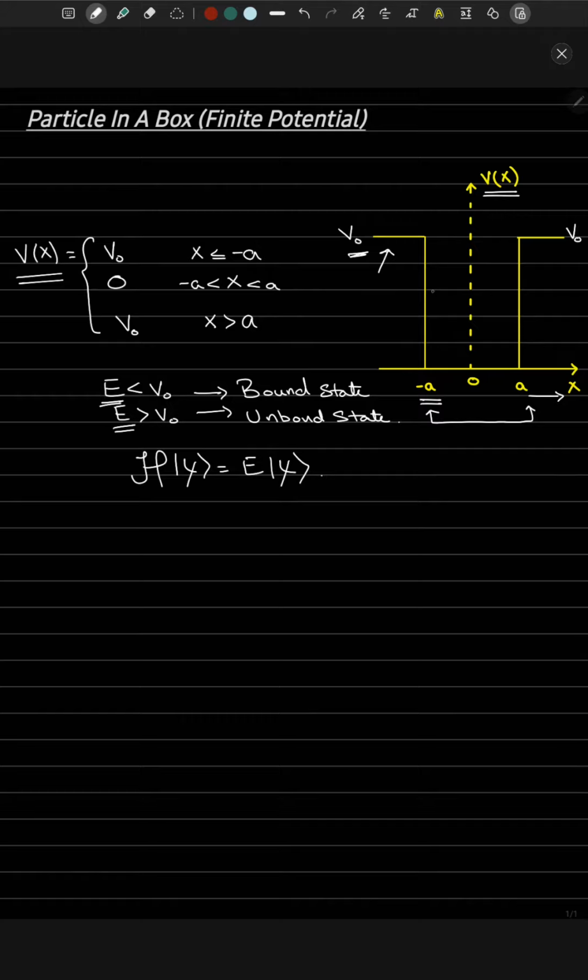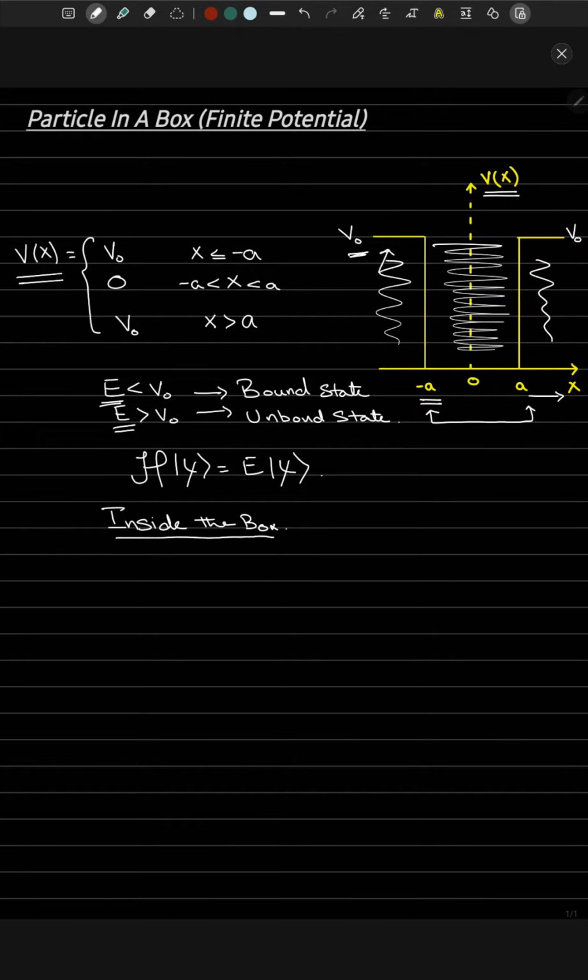Now, because of the problem that we have, you would have to write this differential equation for two scenarios. One is for whatever is inside the box, and the other is for whatever is outside the box. So we'll have two different cases. First, let's write down for inside the box,